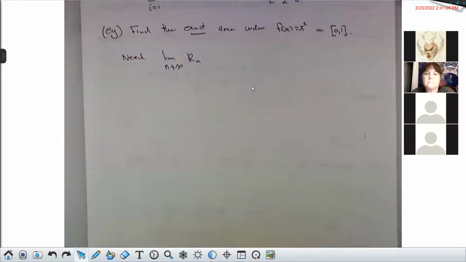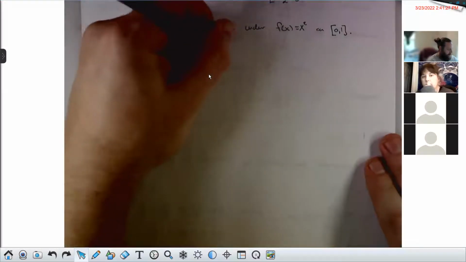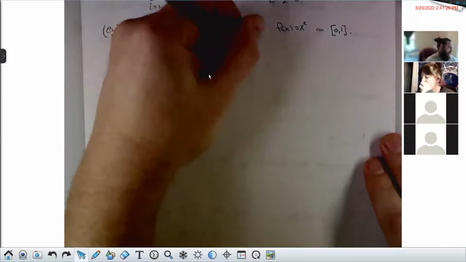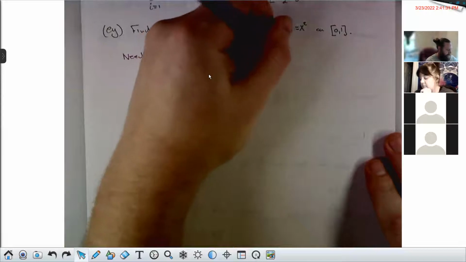Like I said, you could use Ln or Mn or Tn, but all of those are more cumbersome to work with than Rn. So we will always send n to infinity in Rn. It's just the easiest thing to do. You get the same thing with the other ones. You just have a bigger headache. And that means we need a formula for Rn,